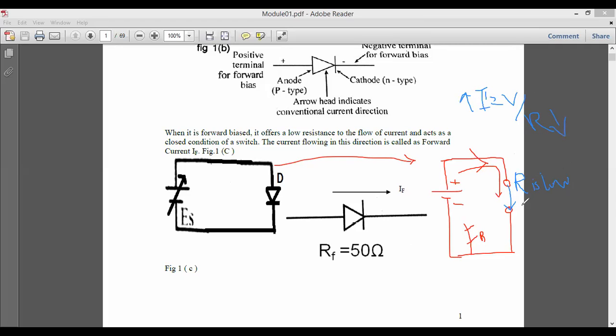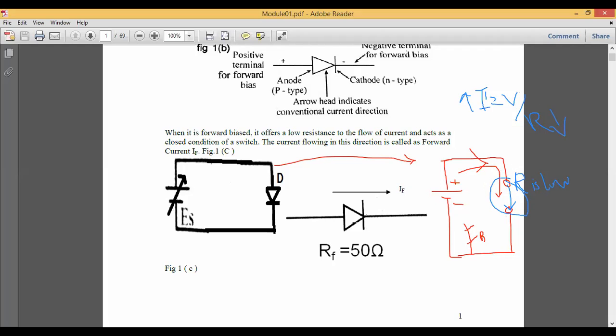Because of this mechanism, as the resistance is low, the path through the diode will act as a short circuit. Because of this short circuit, the charge applied by the battery will flow through the whole circuit, and hence your diode will be operated successfully. In other words, you can simply say that the diode is conducting.